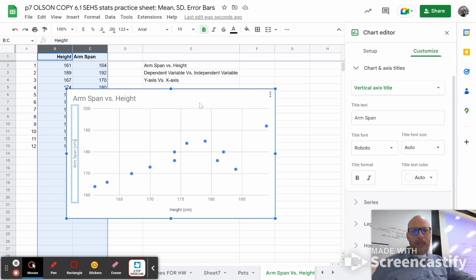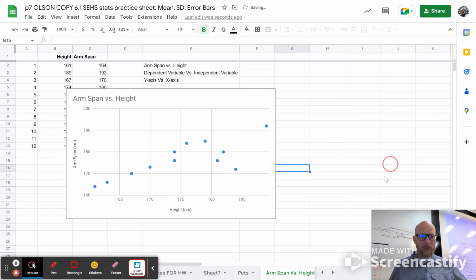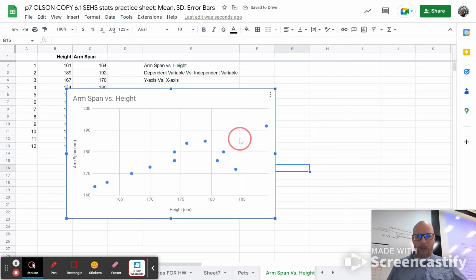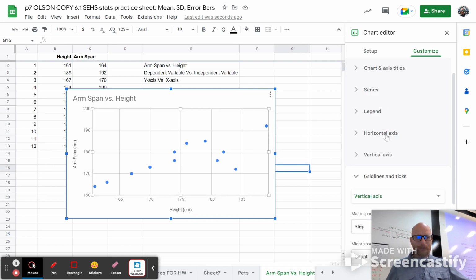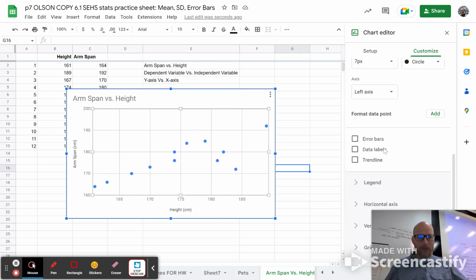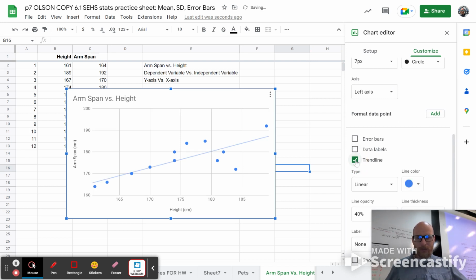then we were tasked with adding a trend line to that. So while we were doing that kind of manually, best guess visually, here we can be a little more precise. So I'm in my chart editor, Customize. That's when I want to go to Series. I can scroll down here and I can select trend line, and it's going to draw the best trend line through this data. And I'm looking at that, and that looks